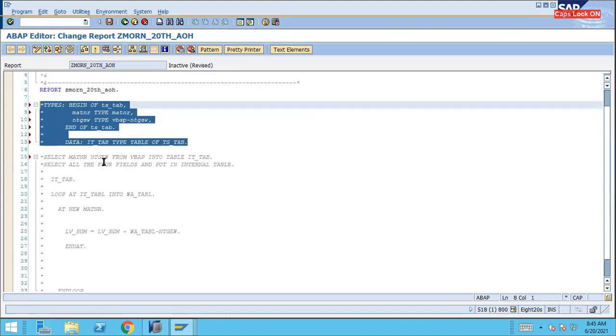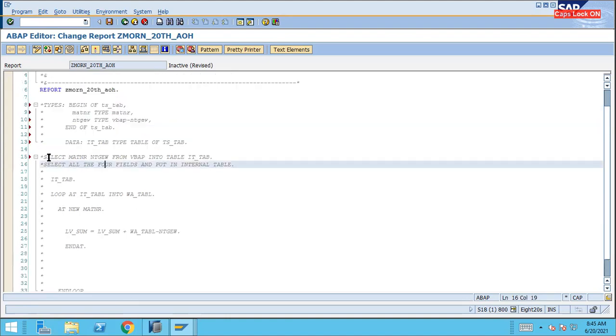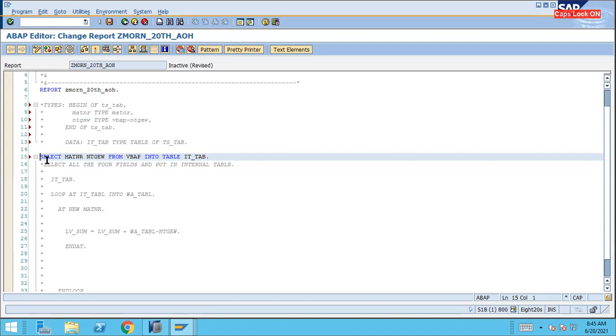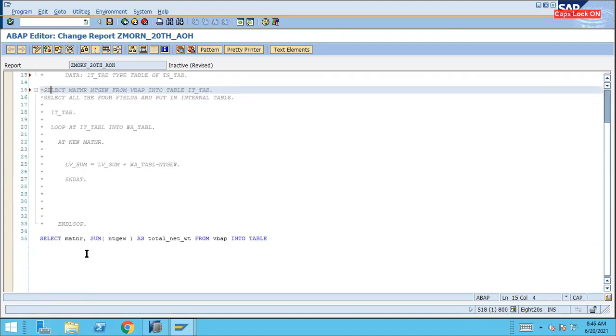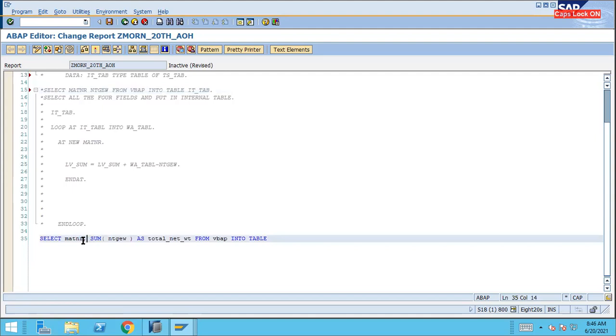If you are going to use the old Open SQL, this is old Open SQL. See here I'm not using any comma and all, right? If you don't use a comma, that means it is the old Open SQL. In the new Open SQL, you can use the comma, right? Here I'm using the comma because I'm going to use the new Open SQL.